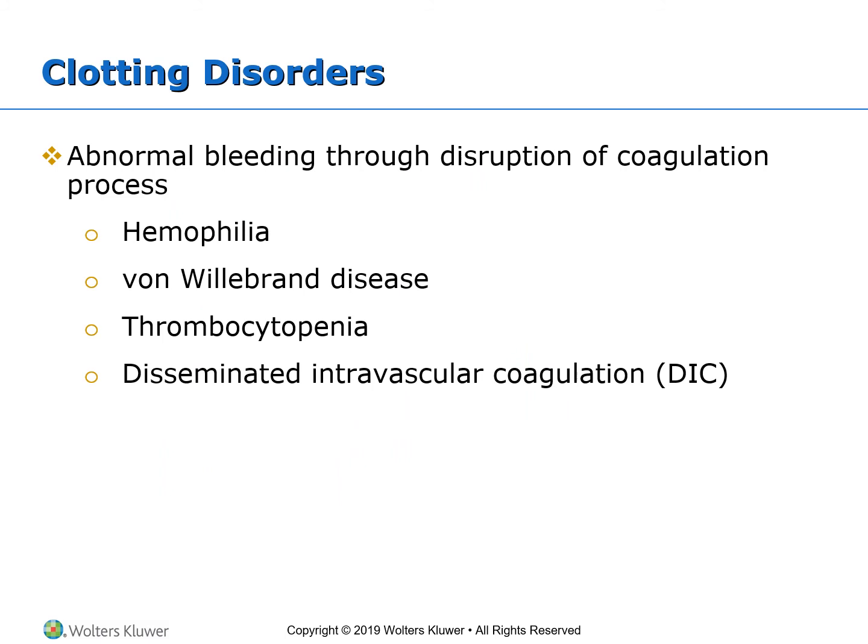Clotting disorders represent a disruption in the platelet plug formation, or a disruption in the coagulation cascade, that will result in abnormal bleeding. Now, on the other hand, we may have conditions that are characterized by excessive clotting. So one type of condition that affects the clotting system is hemophilia, and that's a pretty rare